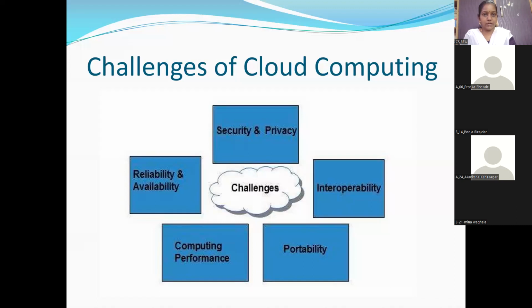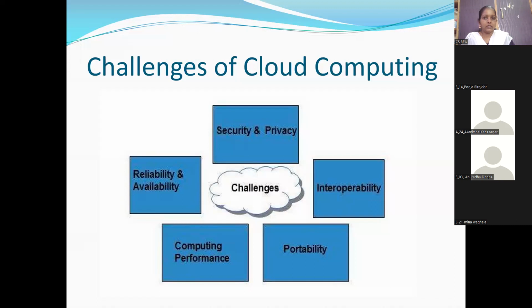Okay, coming to the last bit, that is the role of virtualization in cloud computing. So what exactly is virtualization? It is the creation of a virtual rather than actual version of something, such as a server, desktop, storage device, operating system, or any network resource. Making a virtual version of something is nothing but virtualization.